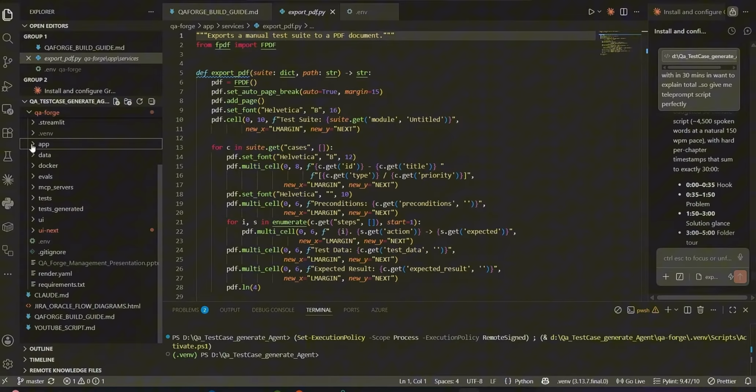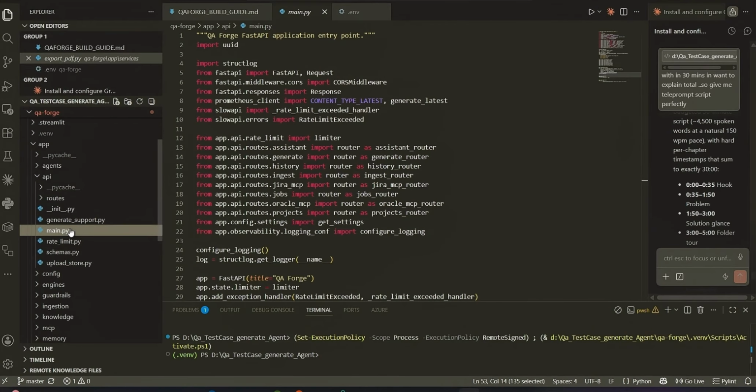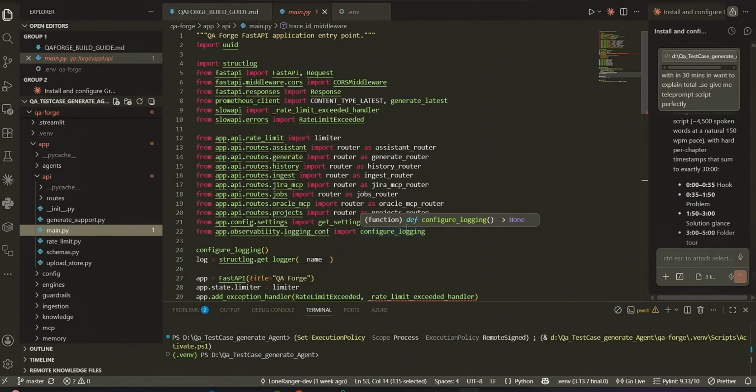In app only it will be there. In API, see here, this is the backend. The main.py. This is the main.py. Here we wired everything. Two ways to generate: a synchronous generate endpoint that blocks until done, and an asynchronous generate